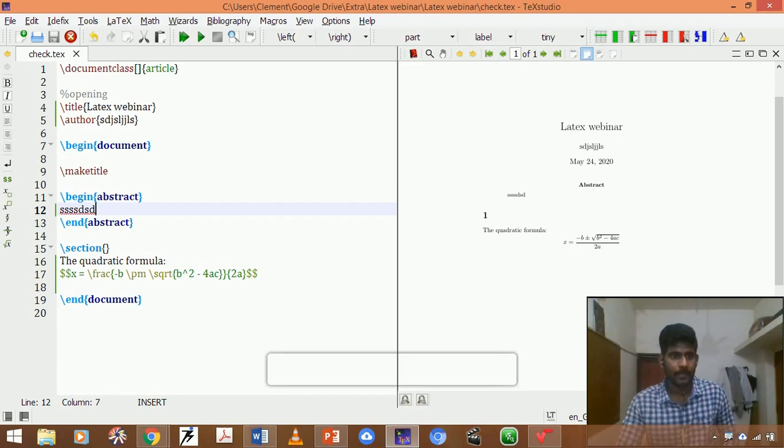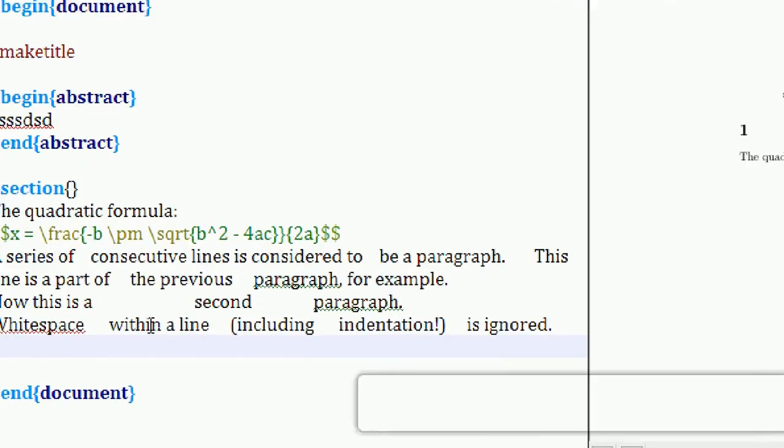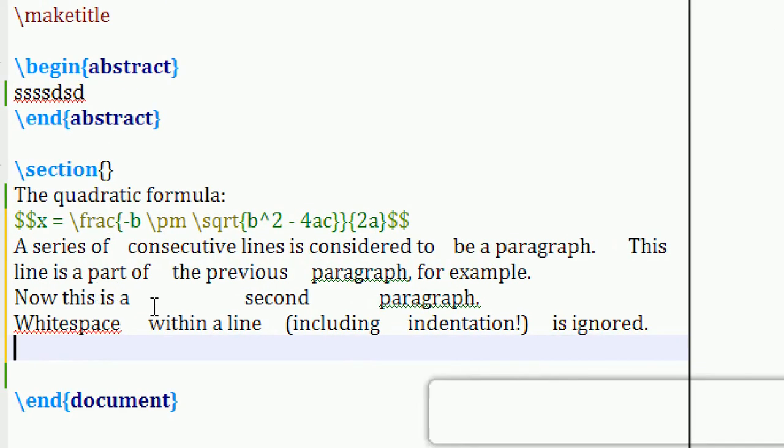You can see the wonder of this compiler. See, in the compiler it was retained with white space errors, but you could see the output of this LaTeX.